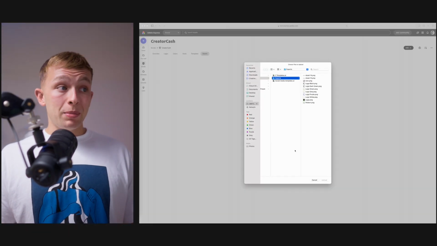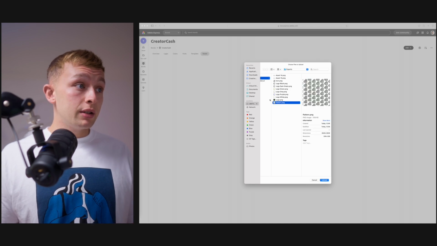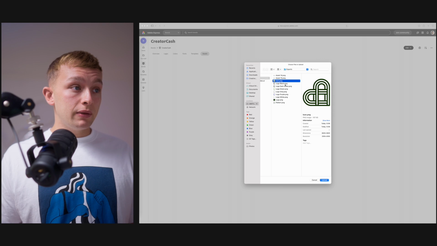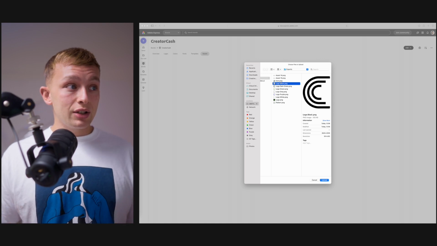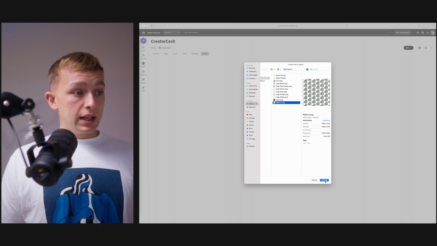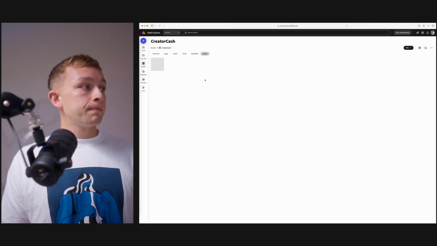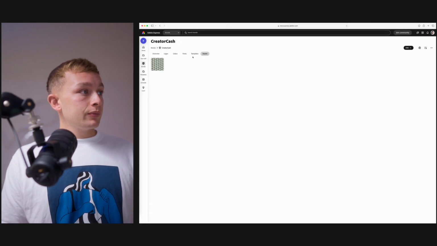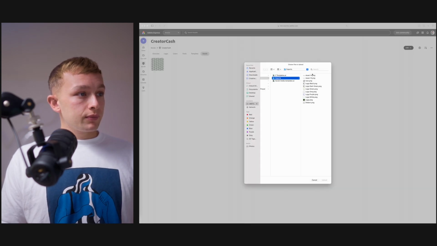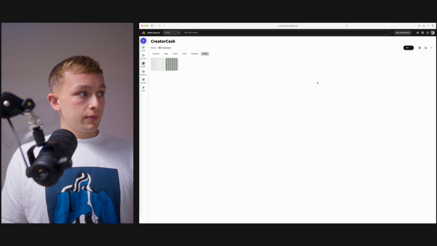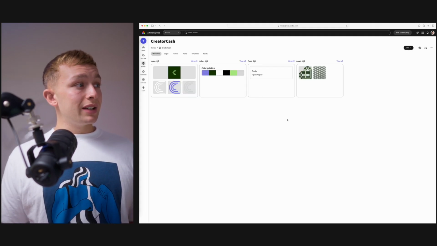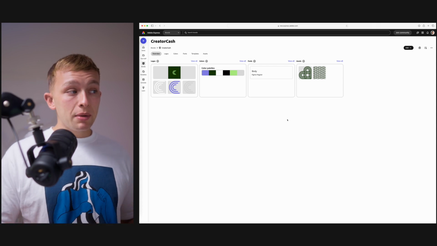Assets, we have a pattern as well. So we're going to upload this pattern, which is this icon here, which has repeated itself, which is the 2 C's of Creator Cache stretched out to make an intertwining love heart. So we're going to upload the pattern, and then we'll also upload the icon as well. Okay, so now when we click overview, you can see that we have essentially like a mini overview of the